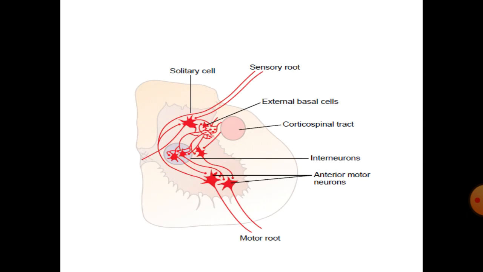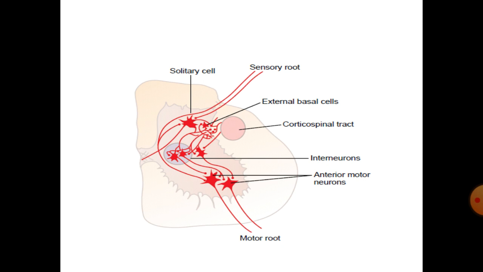In the diagram you can see on the lowermost part anterior horn cells are there. These are anterior horn motor neurons. These cells do not produce impulses on their own, so they are not automatic, but these cells are excitatory cells which, when they receive impulses from the higher centers or from the sensory neurons, can produce the motor impulses which are supplied through the anterior root, which is the motor root, then through the peripheral nerves to the muscles, and the muscle contraction takes place.